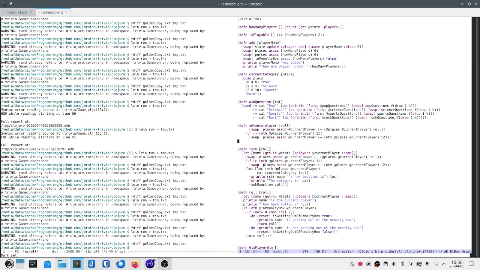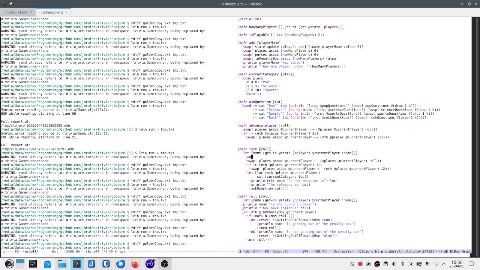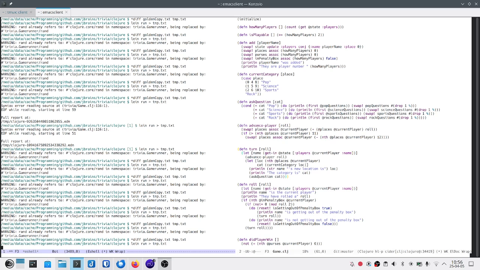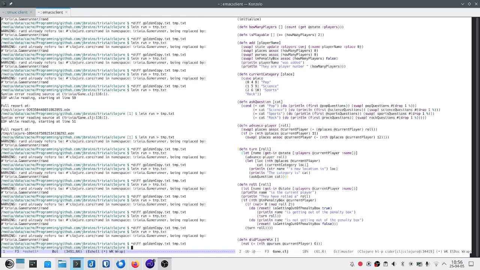And it's going to do that at the moment. So now we should be able to just write advance player role here. Get rid of that. Let's see if this works, or if I broke something. That still works.